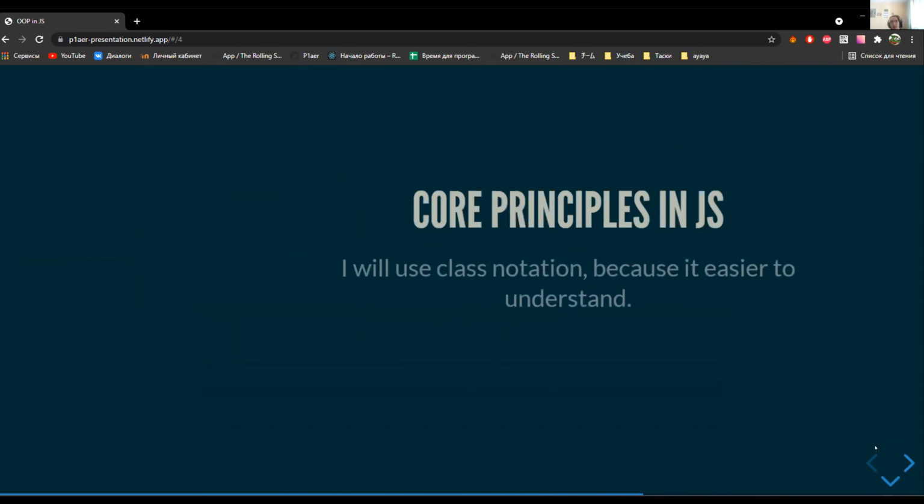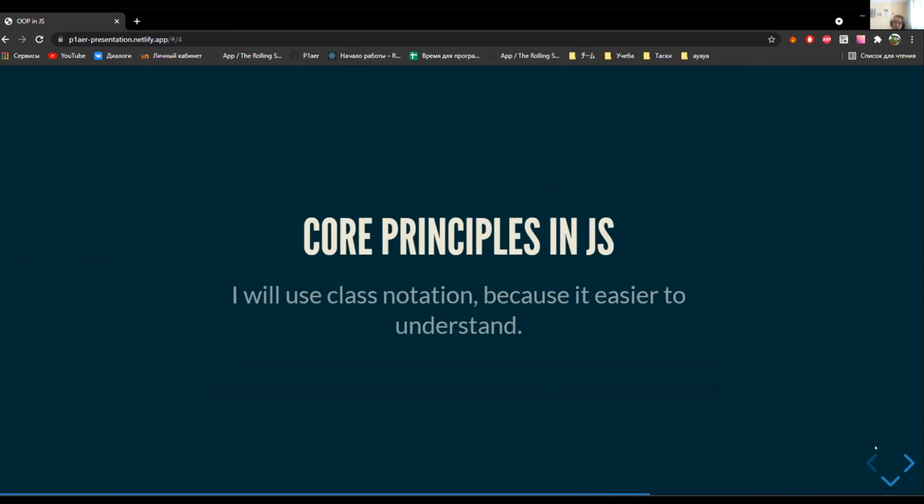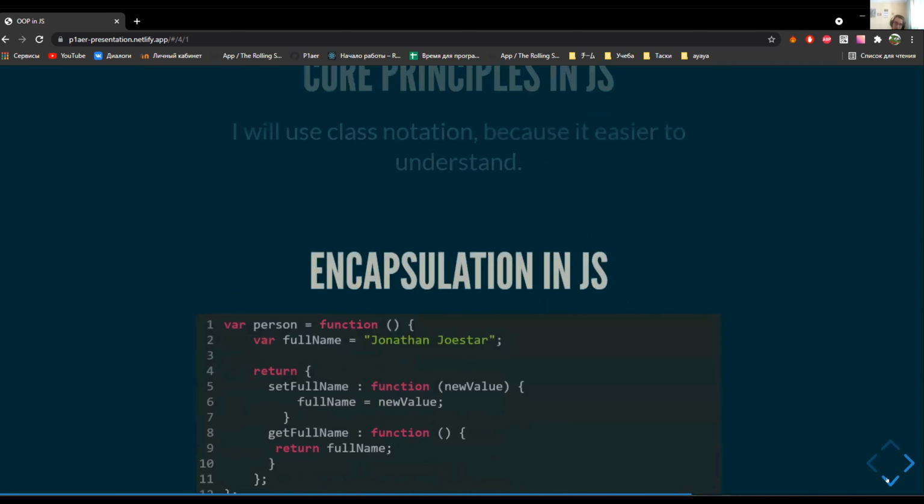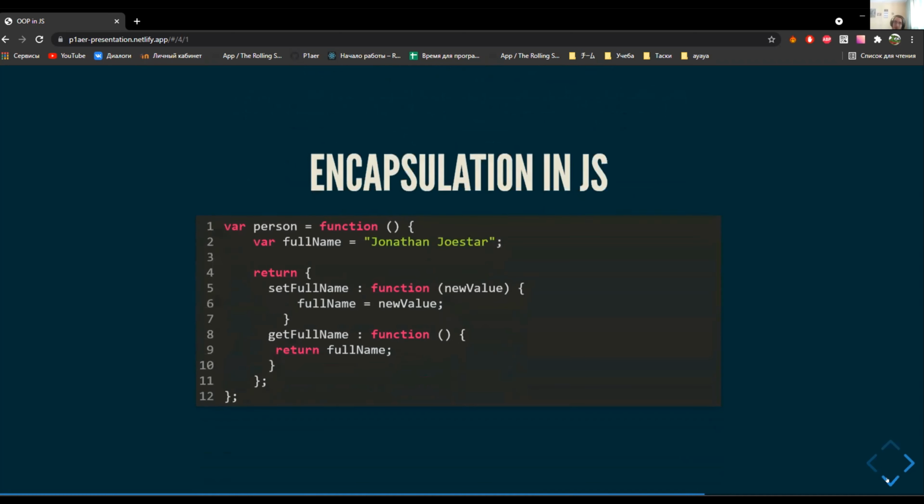And now I will show you how some principles are implemented in JavaScript, and I will try to use the new class features to show you how it works. So firstly, we have encapsulation. I will show this example with code. I will discuss closure. A closure is when,